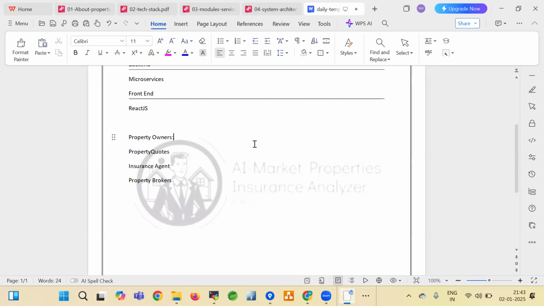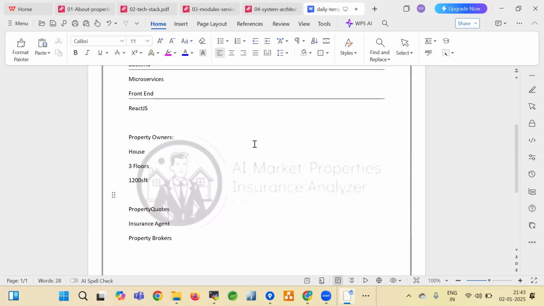Let's say you have a property of type house, which has, let's say, 3 floors, and 1200 SFT,